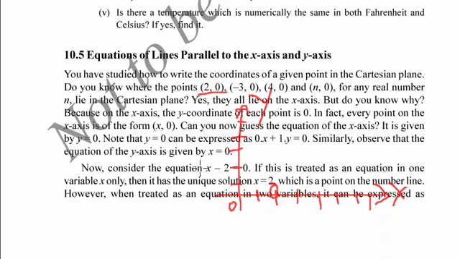Now let us see minus 3, 0. We will go in the opposite direction: minus 1, minus 2, minus 3. Minus 3, 0, this point. And 4, 0: 1, 2, 3, 4. Take any number. If the value of y is 0, we can notice these points lie on the x-axis because the value of y is 0 in all the cases. For any real number n, if the value of y is 0, all the points lie on the x-axis.